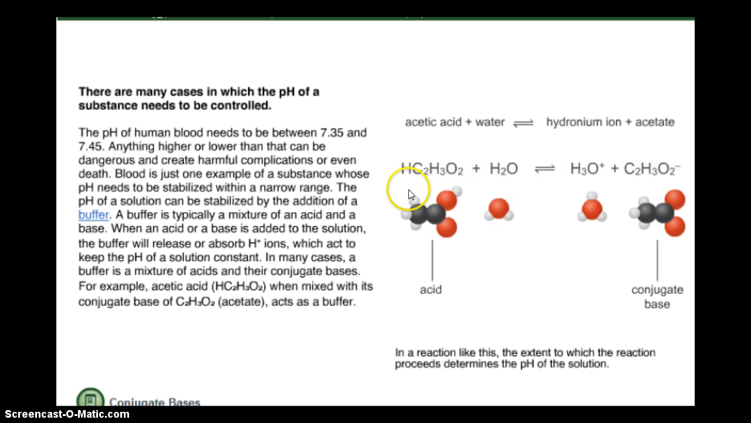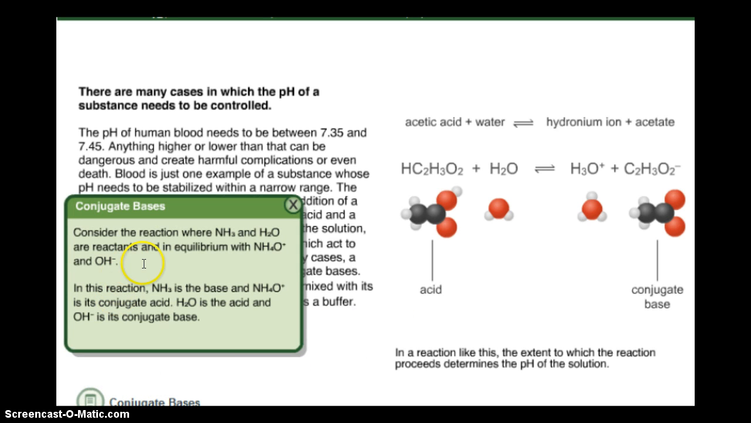So remember from before, conjugate bases or conjugate acids are whatever the acid or base was before. So for this example, we have an acid. So what it becomes is the conjugate base. In a reaction like this, the extent to which the reaction proceeds determines the pH of the solution. Consider the reaction where NH3 and H2O are reactants and in equilibrium with